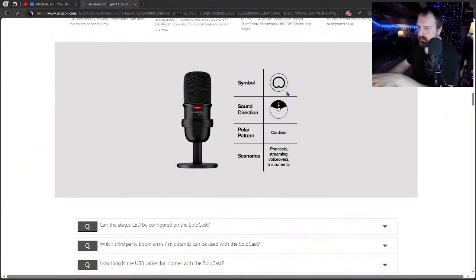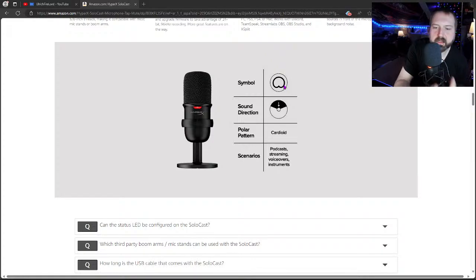It is a cardioid, by the way. Let me make something clear: if you have a cardioid, this symbol means you have to talk in that direction. Obviously it's not going to sound the same if you're talking into the back or the side of the mic. A cardioid picks up in one direction, the front.